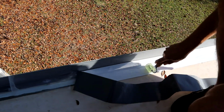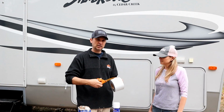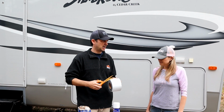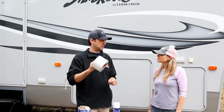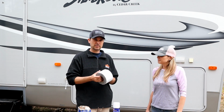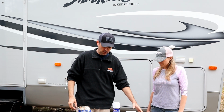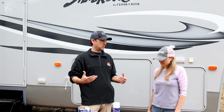And then a really good pair of utility scissors to cut it, otherwise it gets gummed up. A normal pair like kitchen scissors wouldn't be too great with this. It would just kind of tear. So it's definitely something you want to keep on hand. Even a small roll for small fixes on the road. If you're in a rainstorm and you got a hole in the roof, this is something you want to have around. So really, to keep the water out of your rig, these are the products that we recommend for our